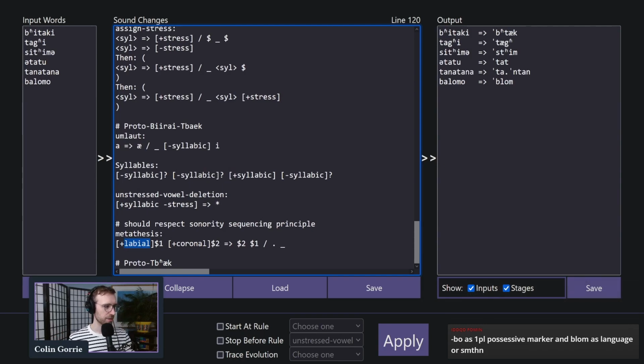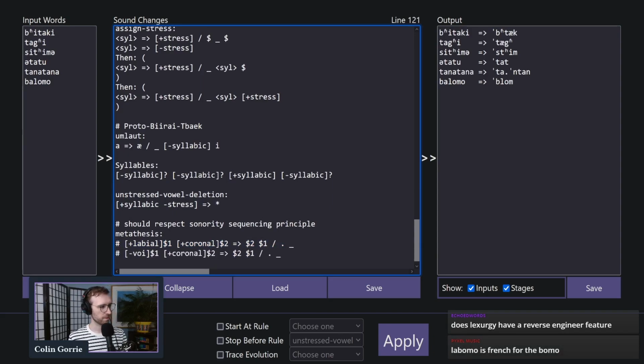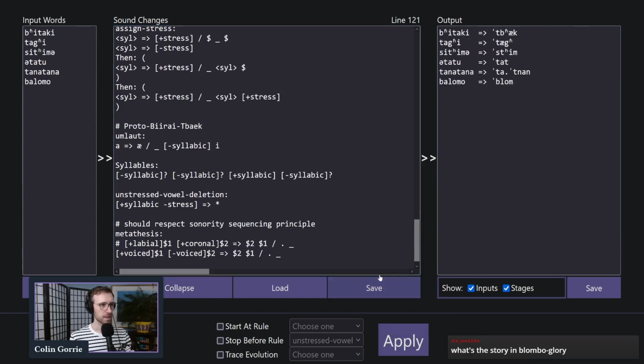So it's not that it's labiocoronal, even though it was fun to talk about privative features for a second. It's actually something more like, so let's see if we can make this work. Plus voice, minus voice. Was it voice? Yeah. Okay, so this gets us to back as well, and then we would have to do other things, but this will get us most of the way there. So then we get labomo, and that will still be labom because we need another